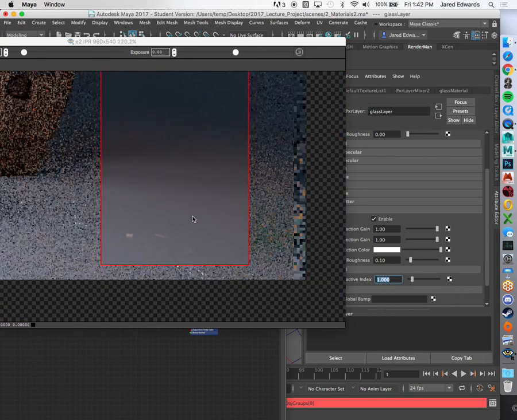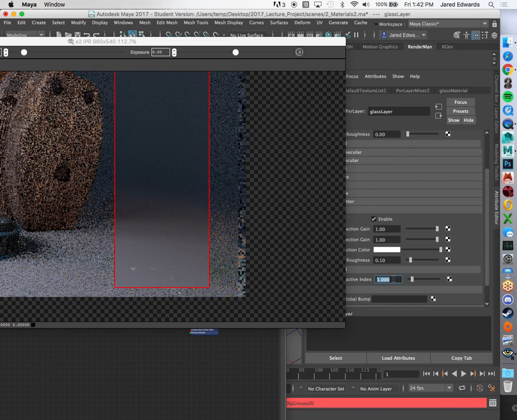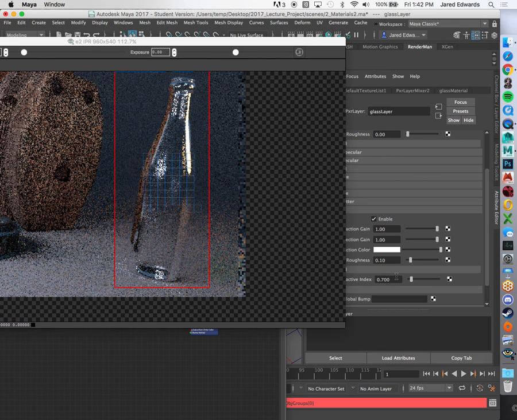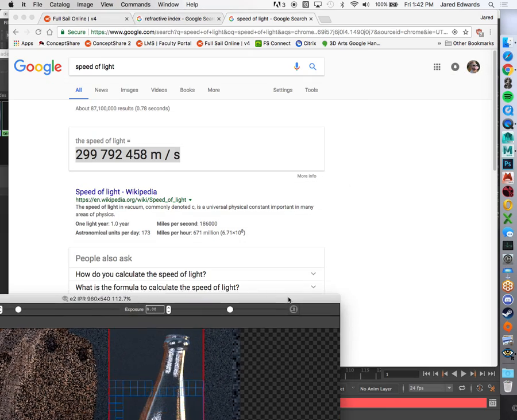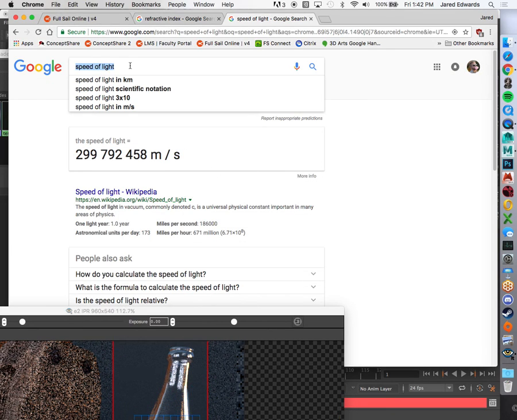I don't know what that is. That's interesting. And sometimes you do have negative IORs, or lower than 1. If you start getting below 1, this is a very odd effect. You can tell it just looks weird. This is a situation where the speed of light is now faster going through the material than it was in open space. And this isn't really something that you see a whole lot, until you maybe get into